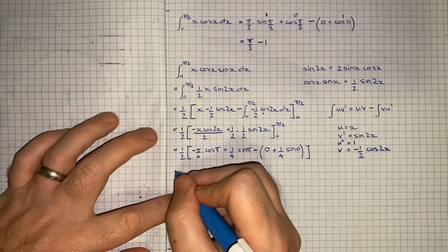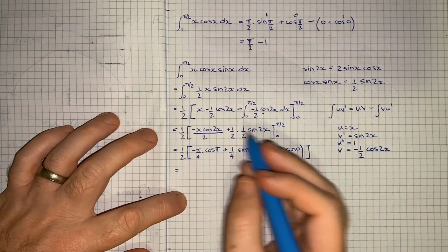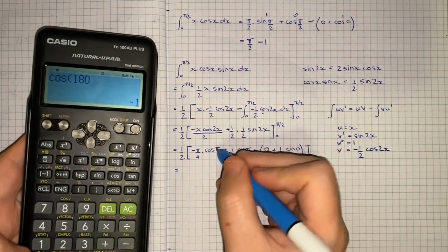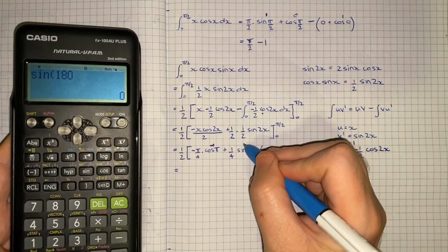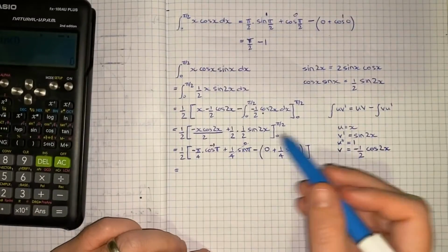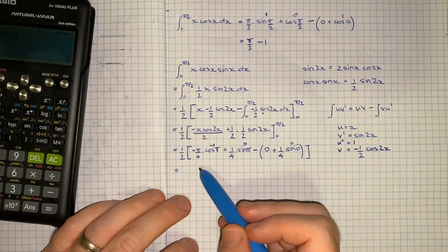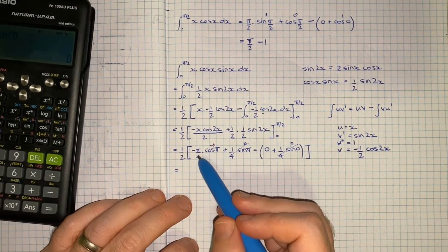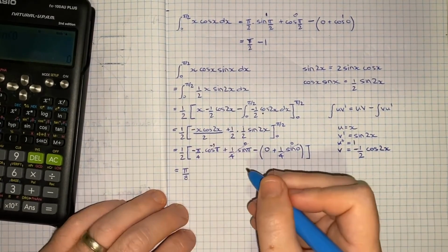So let's see what we get, and hopefully we do end up where we got with part A. The cos of 180 is going to be negative 1. Sine of 180 we'll see is 0, and then sine of 0 is also 0. So this will drop away, this will drop away. So we're actually just going to end up with the negative 1, and the negative pi just becomes pi on 4 times a half, which is pi on 8. Okay,